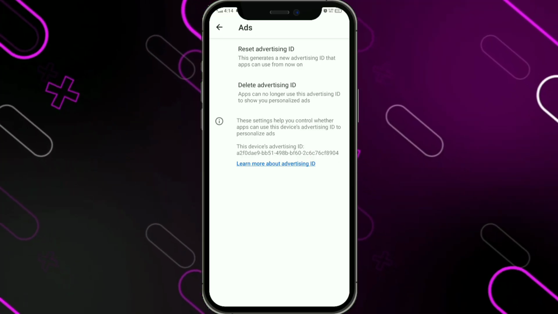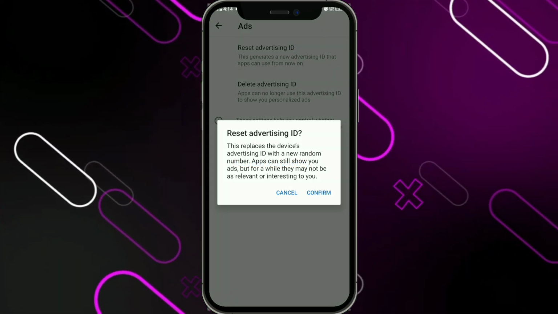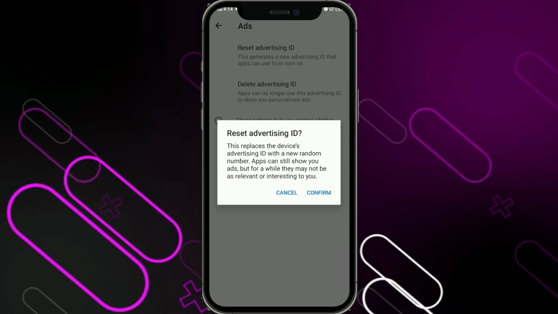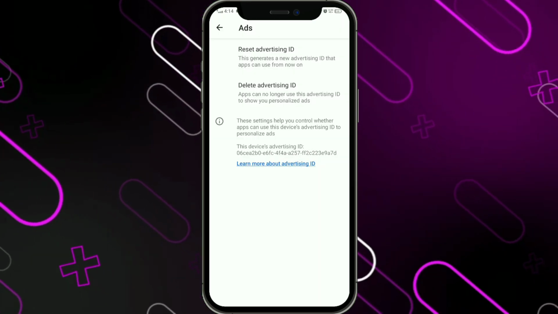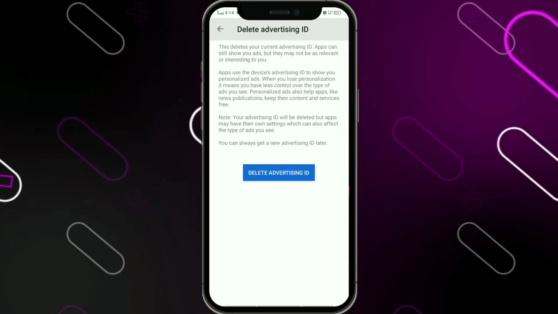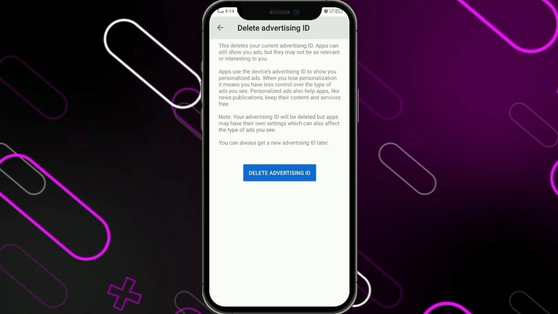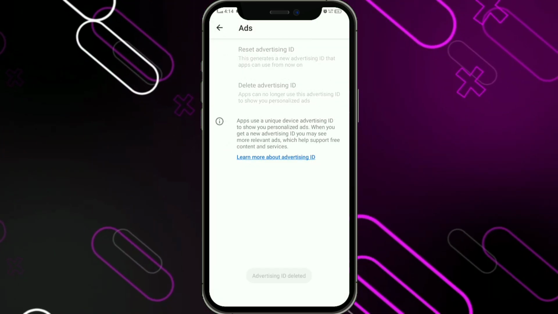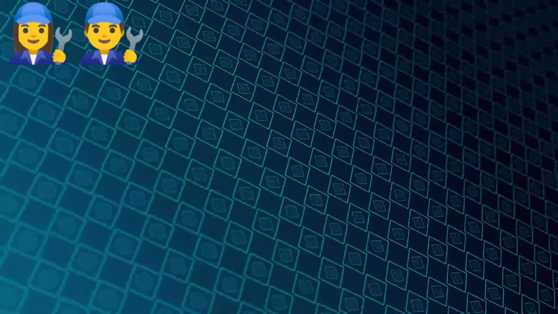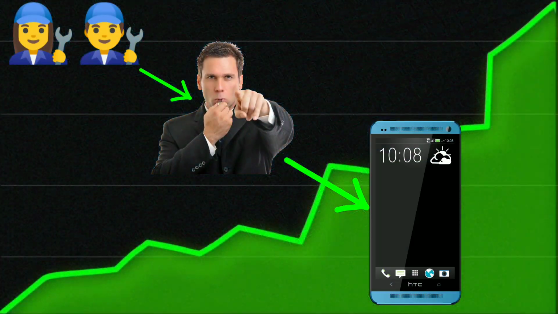So first, click on reset advertising ID to delete already collected information about you, and click on confirm. Then click on delete advertising ID so that this feature will no longer track you. So click on delete advertising ID and go to the home screen. After changing this setting, your phone becomes faster than its previous speed, your smartphone battery life can be improved,